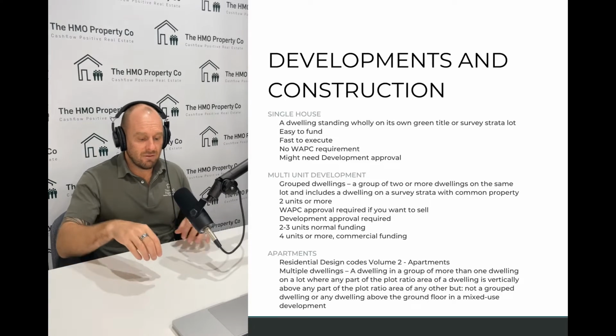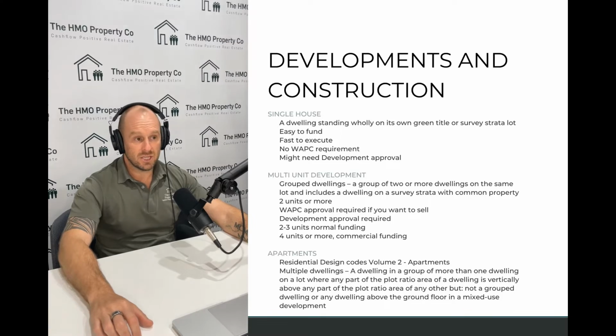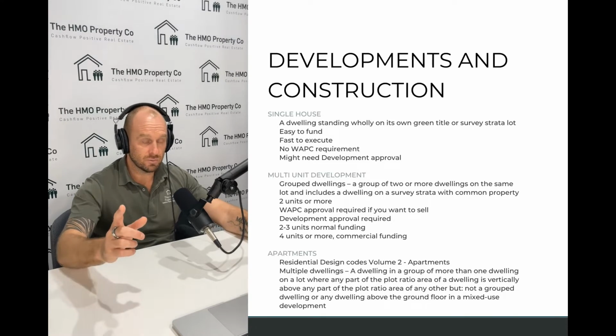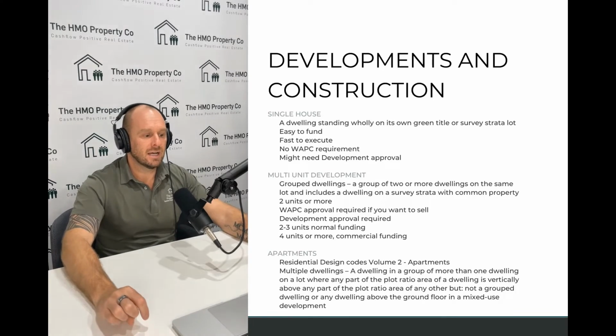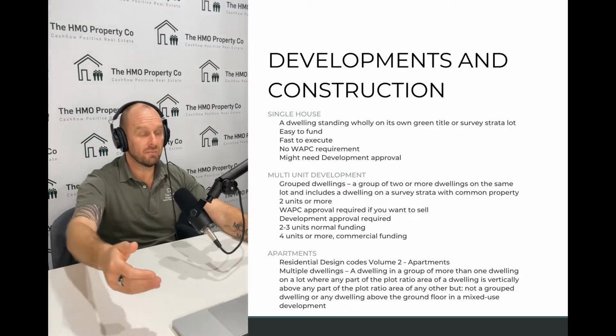So if you drill down and find out that you live on a 1,000 square metre block and it's zoned R40, then you've got the potential to put 4 units on that site, subject to council approval, of course. And that means that your site can be developed, and that could also be a very interesting purchase to a developer. Now, we've done a lot of deals where we've dealt direct with the owner of a block of land,